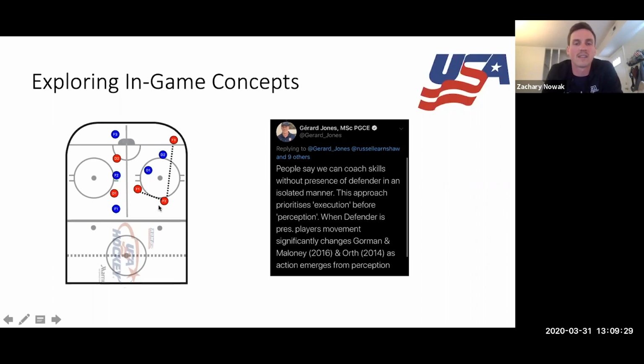This is just a tweet that I really like, talks about basically our behaviors when there is the presence of a defender versus more in an isolated manner, and how our behaviors are different. But with this first game, it's called 3v2 to a side. Not very creative with names, but this is the red team's offensive side. This is the blue team's offensive side. They can't cross over this midline, and they can only score on their offensive side.